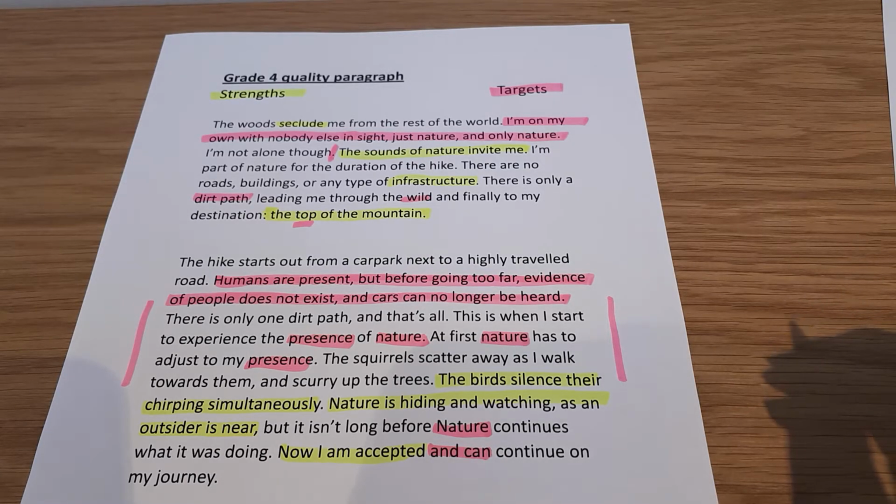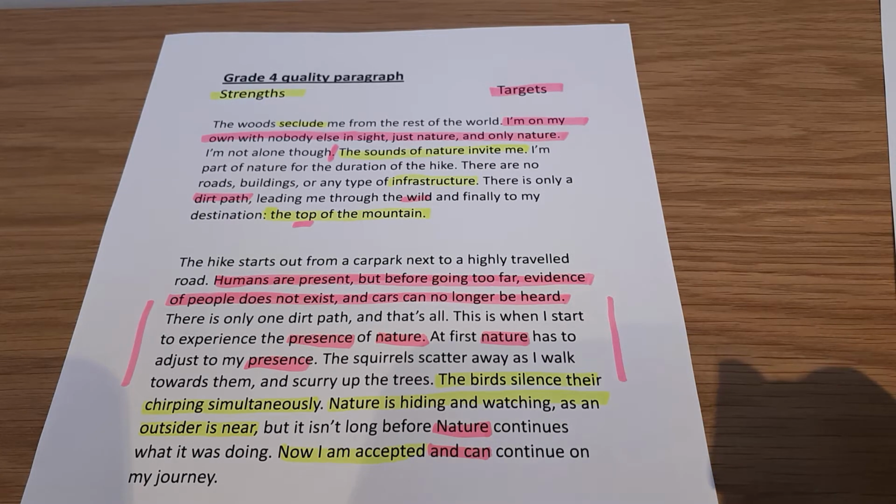Okay, once you've got those, we're going to have a look at what we need to do when we're self-assessing a piece of creative writing. So I'm going to talk you through the process that your teachers go through when we're assessing your work, and also help you to identify and critically read over your work so that you can think about ways you can improve and refine your writing.